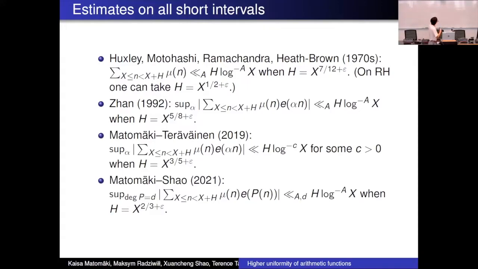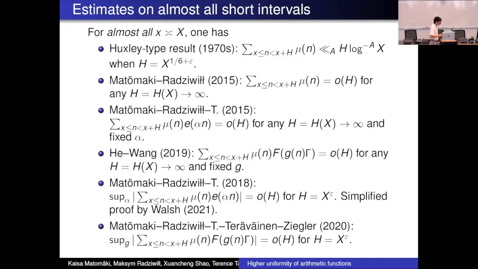And there are similar results for Mangoldt and divisor functions. Well, for some of these results, not for the Matomaki theorem. So now, if instead of all short intervals, you look at almost all short intervals, then it's an easier problem. You have more averaging, and we can shorten the intervals quite a bit. So there's a result. This one actually, I've not been able to locate who first proved this.